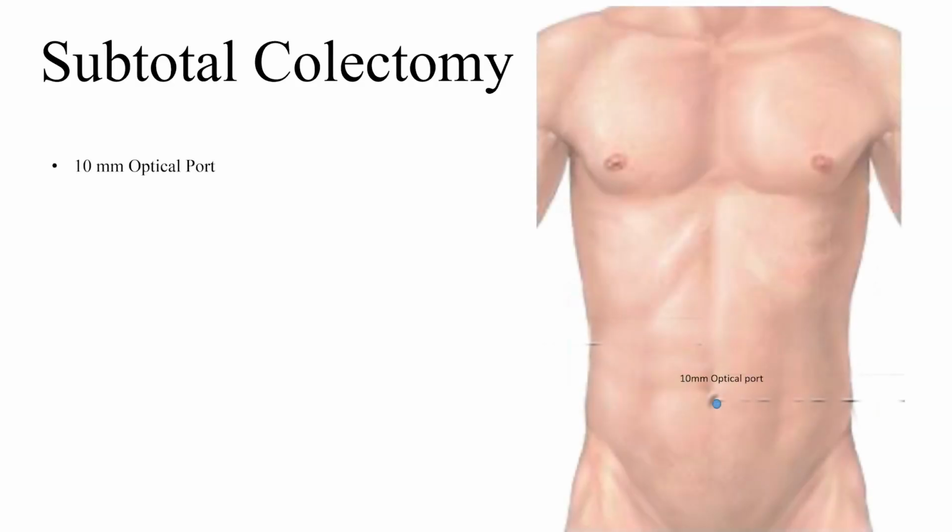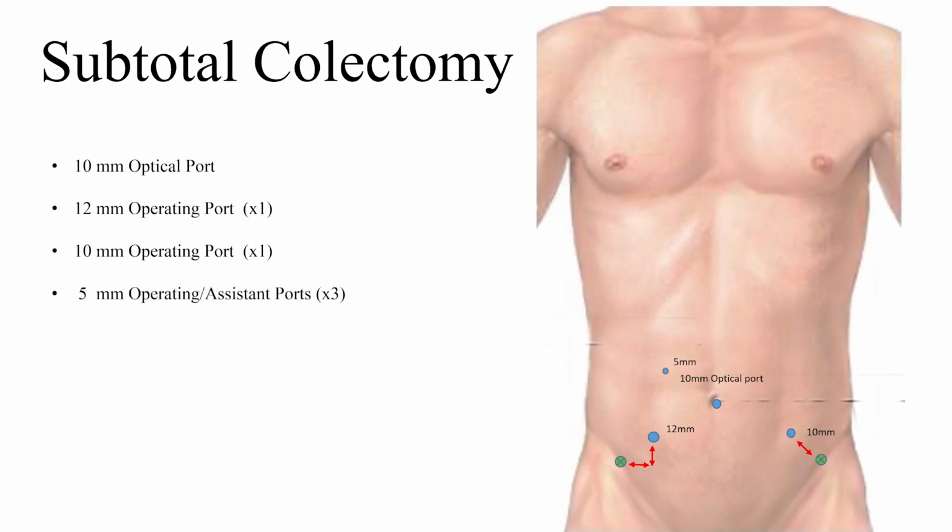In the second setup, which we find easier for the surgeon, a 12 mm port is placed in the right iliac fossa for stapling and clipping of the left mesocolic vessels, a 10 mm port in the left iliac fossa for the clipping of the right and middle mesocolic vessels, and another 3 5 mm ports in the positions described